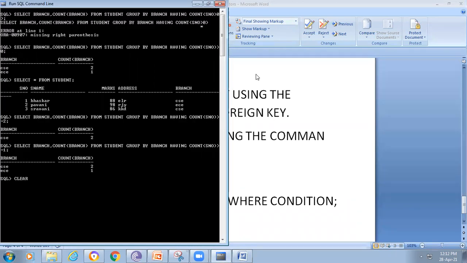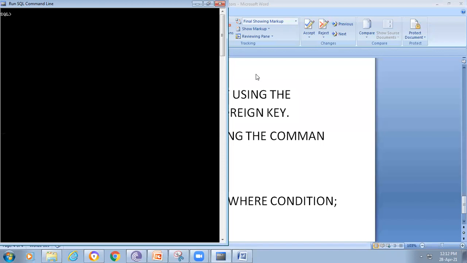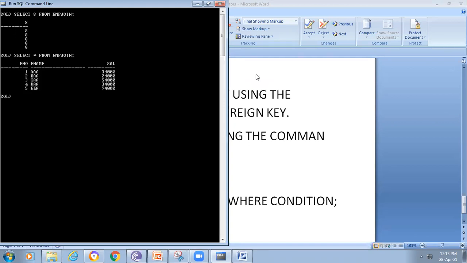The main thing here is the example. Select star from emp join dep join. I'm just creating these tables.